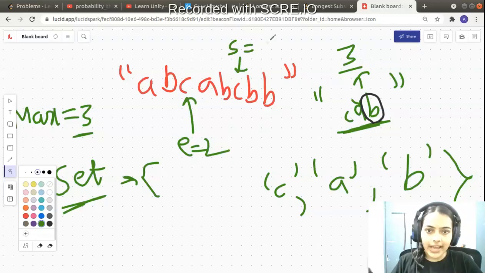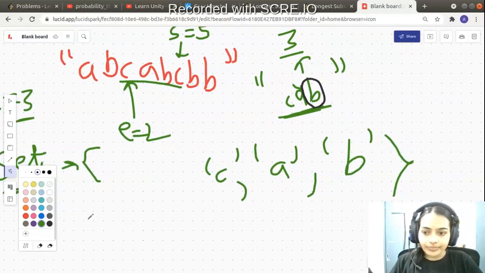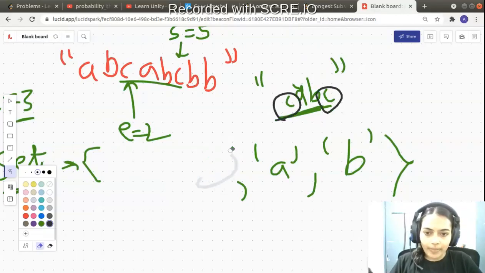I increment my S pointer. So start is now pointing at the 5th index. So I have a substring C, A, B, C. So I again have a substring that has a character that is repeating. So I have C which is again repeating with C. So I don't want this. So what do I do? I just pop C out. So when I pop C out, I can move forward.